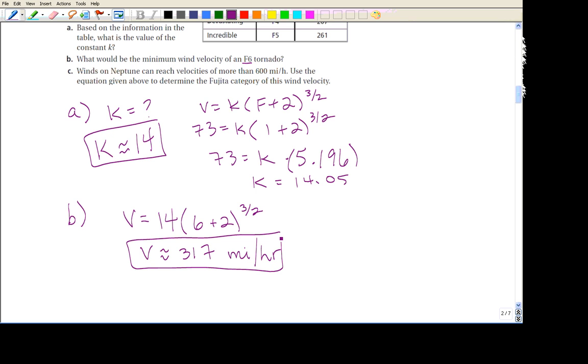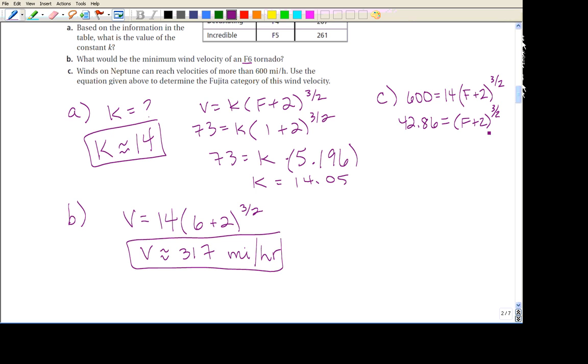And then for part C, winds on Neptune can reach velocities of more than 600 miles per hour. Use this equation to find the categories. So if we have F is going to be, plug in the related information. So the velocity is 600. We know that K is 14. We're looking for the category number. We're going to add 2 raised to the 3 halves. So I'll start out by dividing both sides by 14. I get 42.86 equals F plus 2